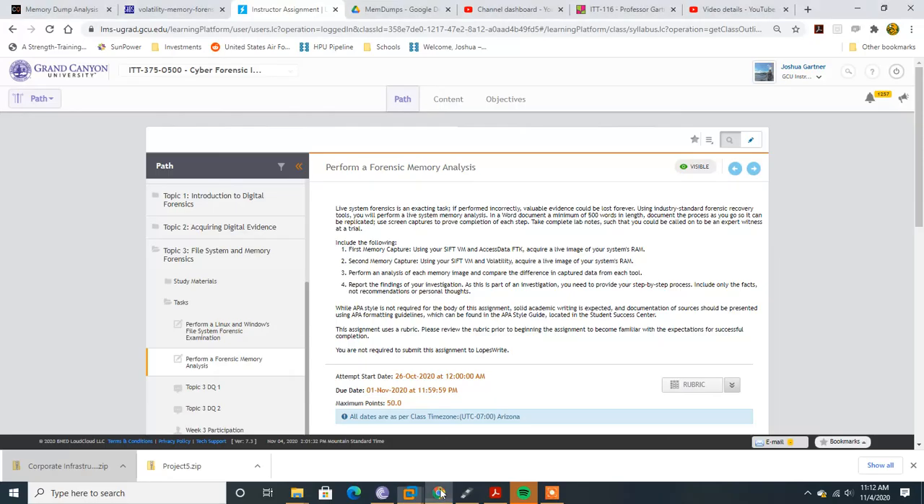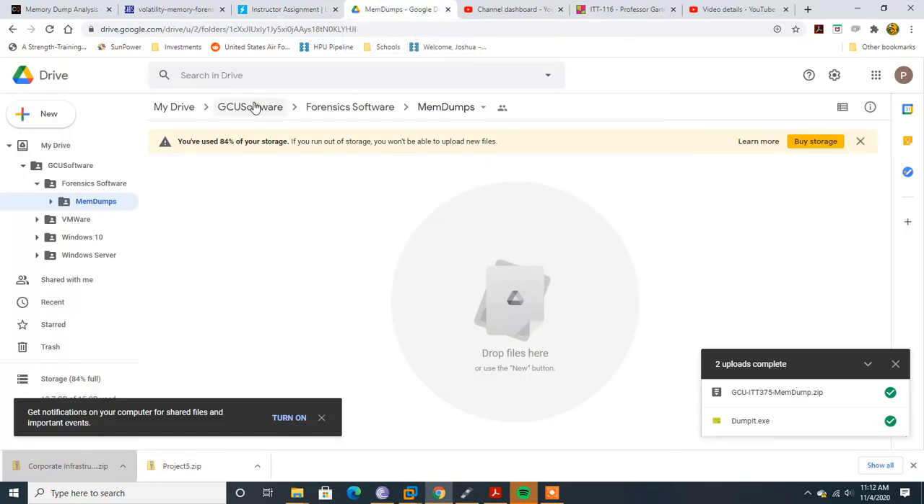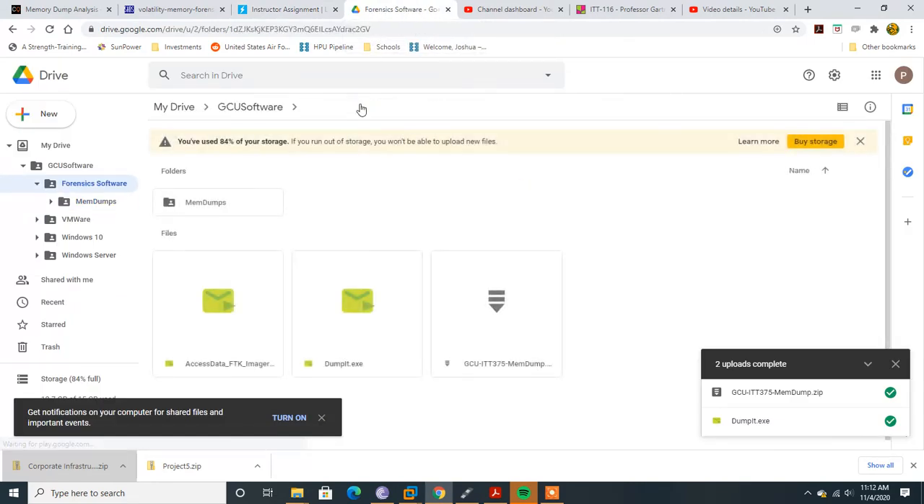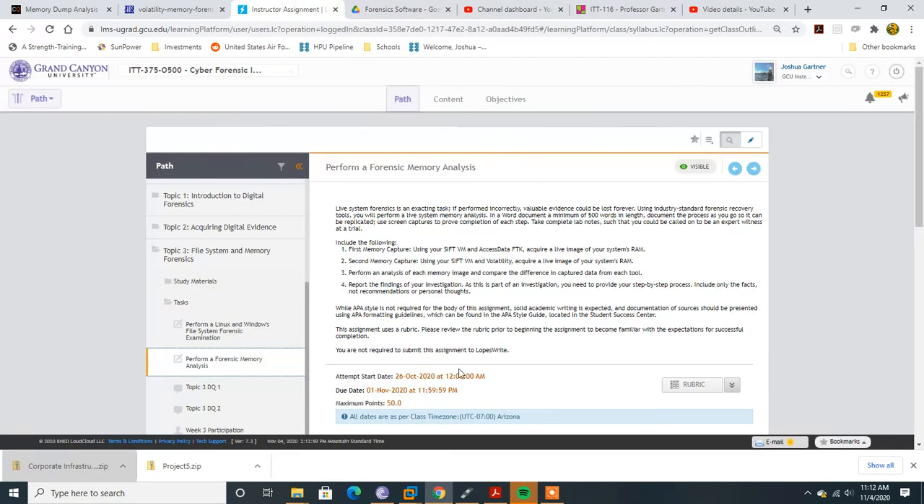What you'll need to do is, like I said, go to my Google Drive, and I'll put a link in the post I'll make for the classroom. I'll have the DumpIt and the memdump there, and you can get both of them. Then you'll just do it exactly as I just did it. You should then be able to perform the analysis of each image and compare the differences in the captured data from each tool. Right? That's the data between Volatility, which was used